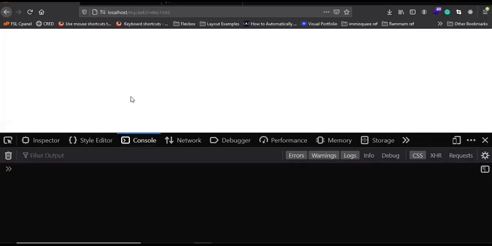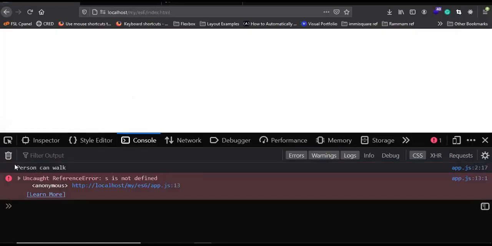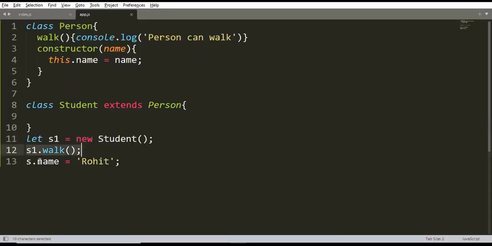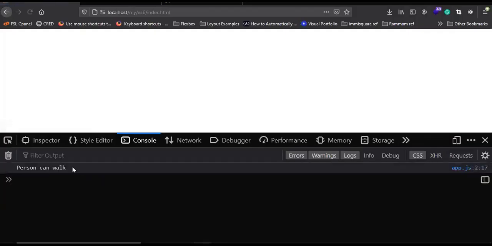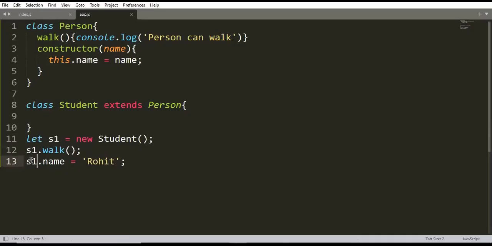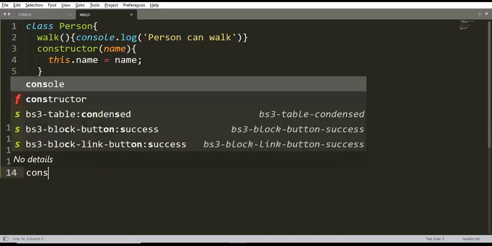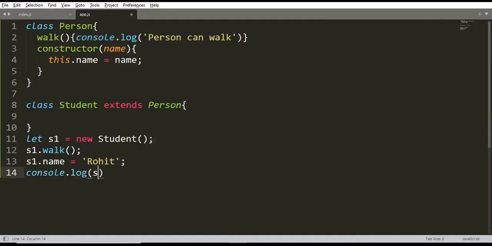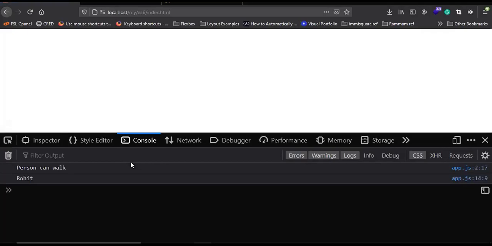So back in our console, person can walk from this, and it is showing an error because I've written it wrong. Person can walk, and on line 13, I've instantiated the property name that was from the Person class with an object of Student. And if I do console.log s1.name, it will give me that name.